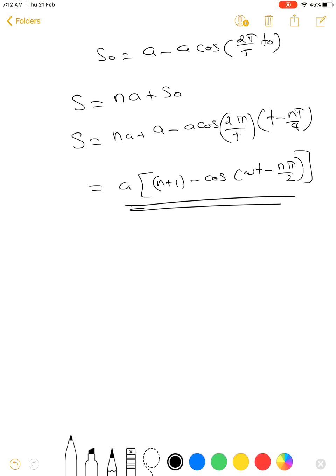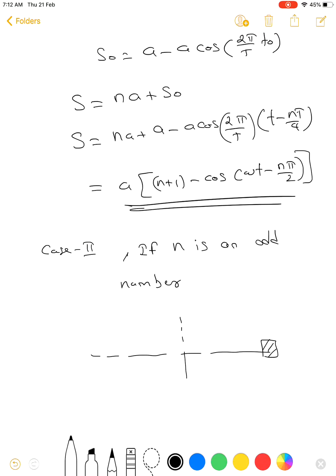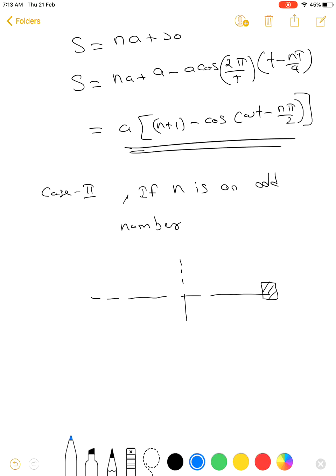Now we can consider the second case. Consider case 2: if n is an odd number. Let's say the particle starts from the extreme position. If you take n equal to 1, the particle will be at its mean position. If n is 2, the particle will be at its extreme position. Again, if n is 3, the particle will be at its mean position. N is 5, the particle will be at the mean position. So if n is an odd number,